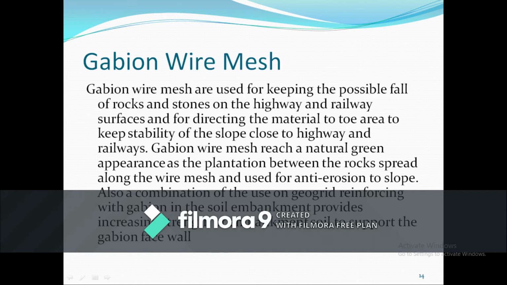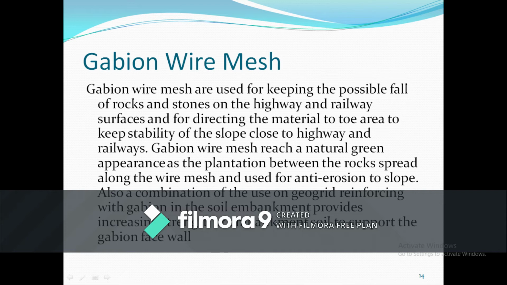So in order not to have this hindrance, we use gabion wire mesh. You will be putting this gabion wire mesh nearer to, or onto the whole of, your mountainous region.